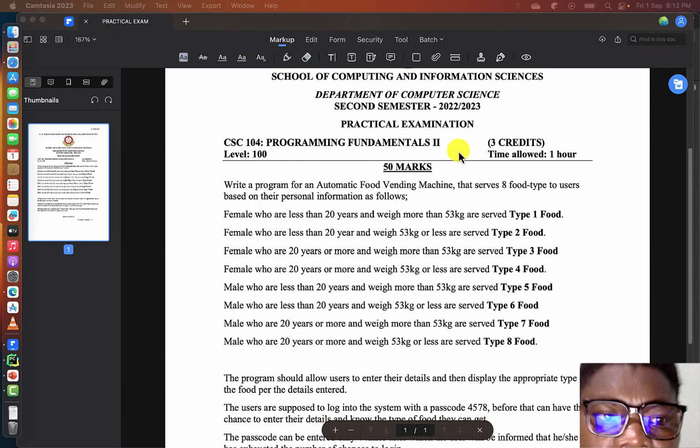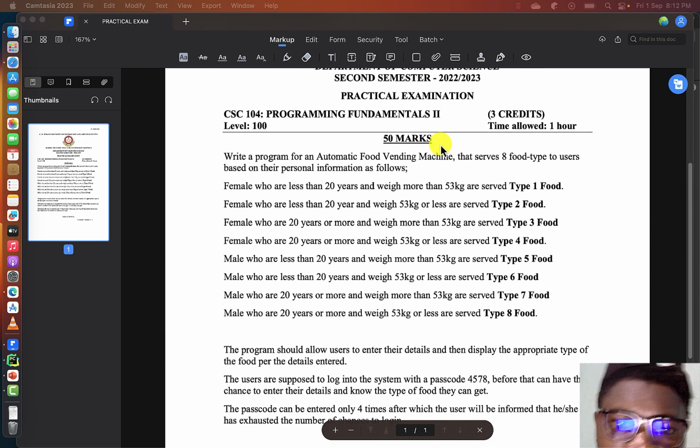Okay, so hi everyone. I am going to try to solve this question for us. I hope it helps someone in the coming papers that we'll be writing. I think the next time, we'll be writing the programming. I think that will be next week, Thursday. So I'm going to try to analyze this program so that we see how best we can tackle it